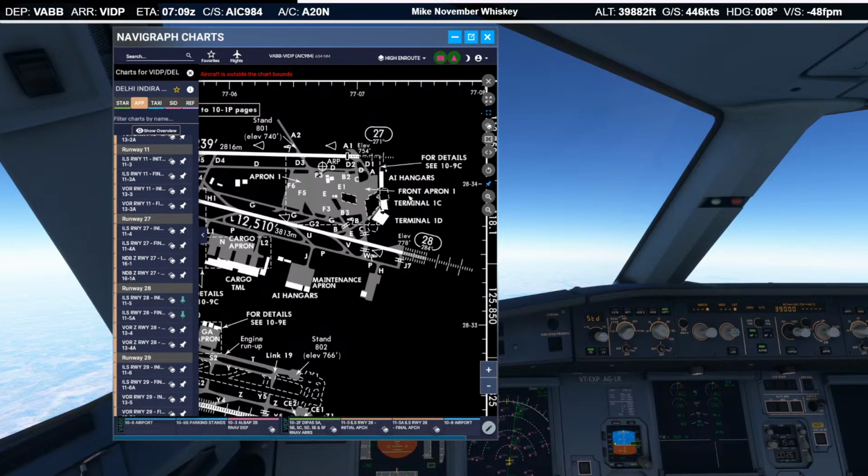Oh, and Terminal 1. Or this is what remains of it. Interesting.